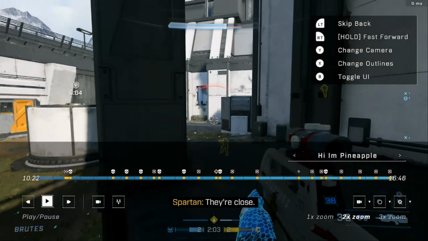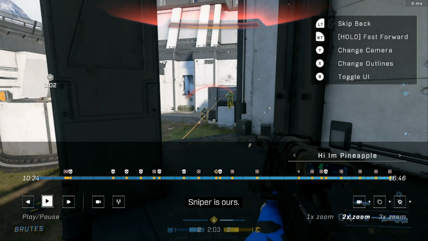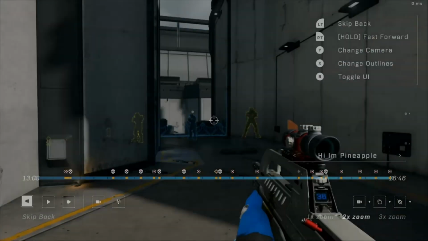I haven't fired my BR once, but I'm now back down to half shields. Now I'm no shields. I'm challenging. I picked up a sniper. I have no reticle placement whatsoever, and then I die. But how I could have played that one differently, as I look at that,